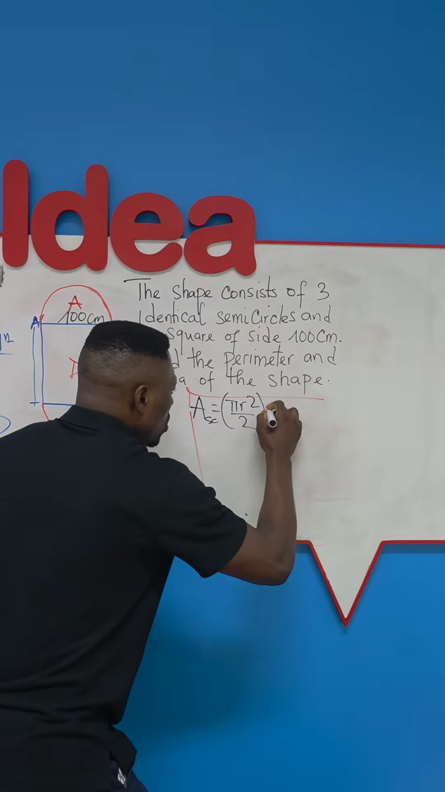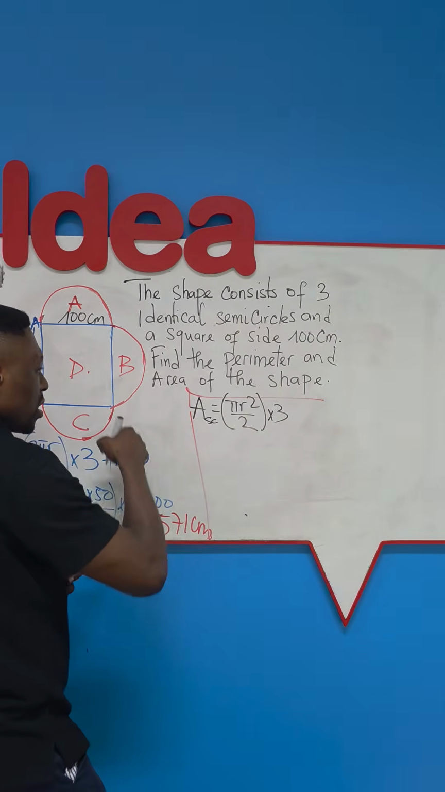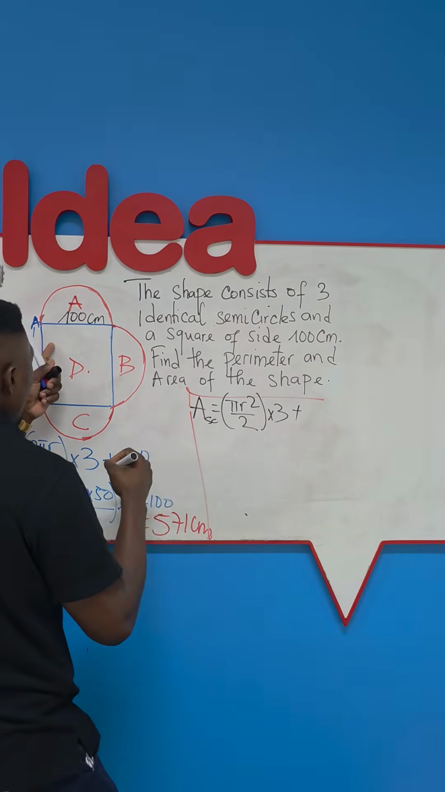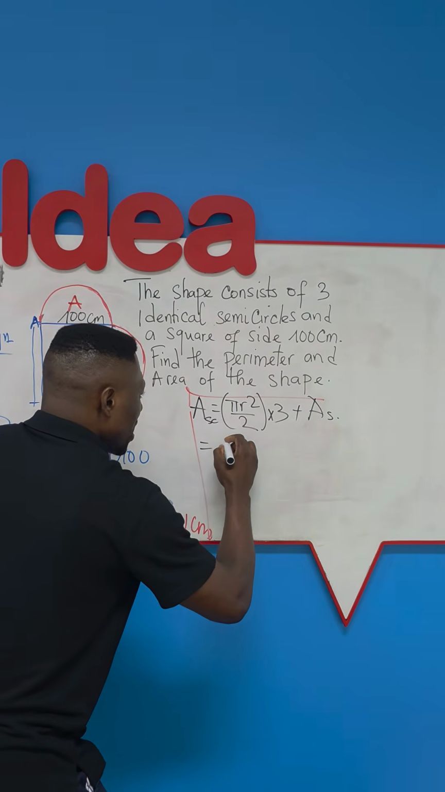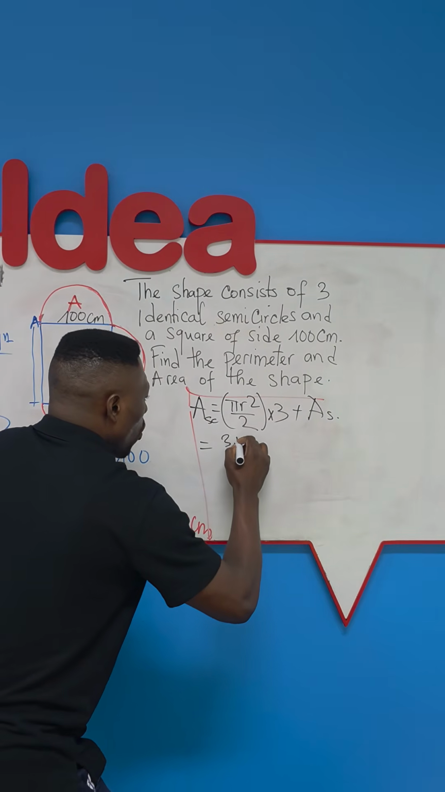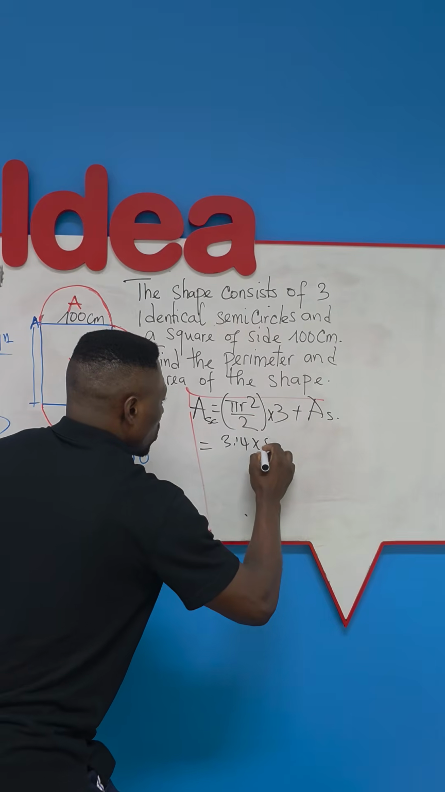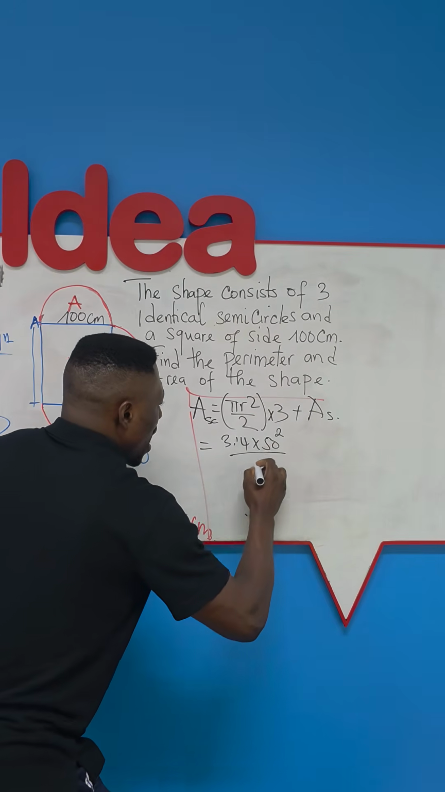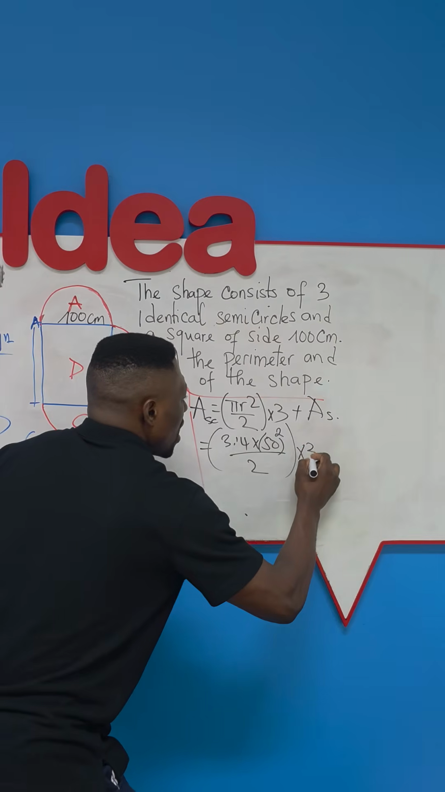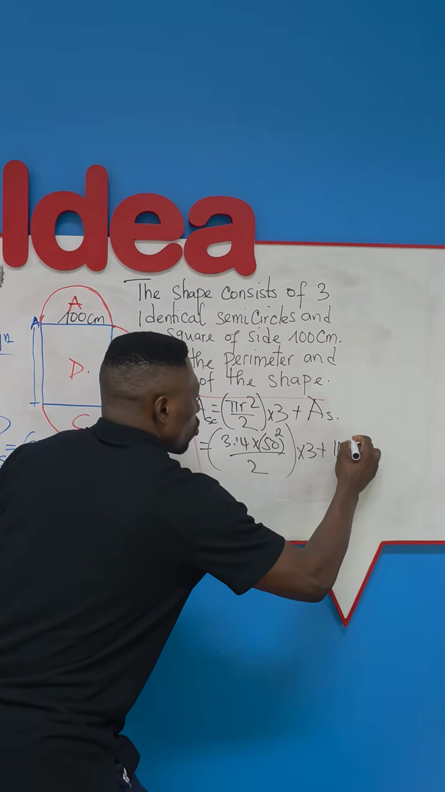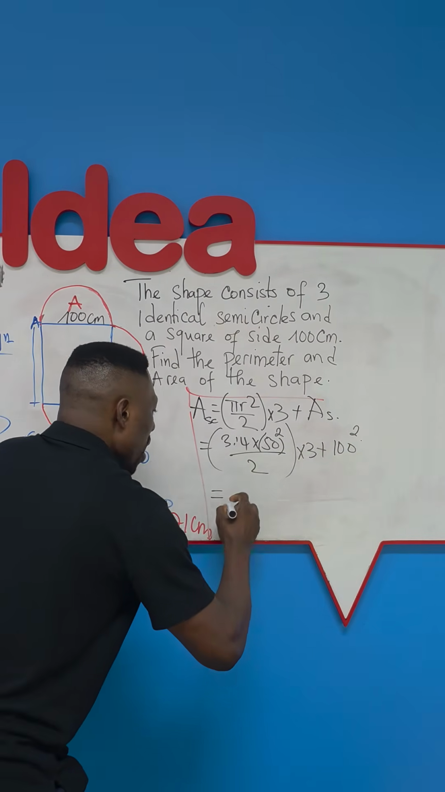Now we will multiply this result by 3 because there are 3 identical ones, and then we will add it to the area of the square. So if you do it well, this will be equal to 3.14 times the radius, which is 50 squared, and then divided by 2. All of this multiplied by 3 plus 100 squared, which is the area of the square. If you do it well, we should have